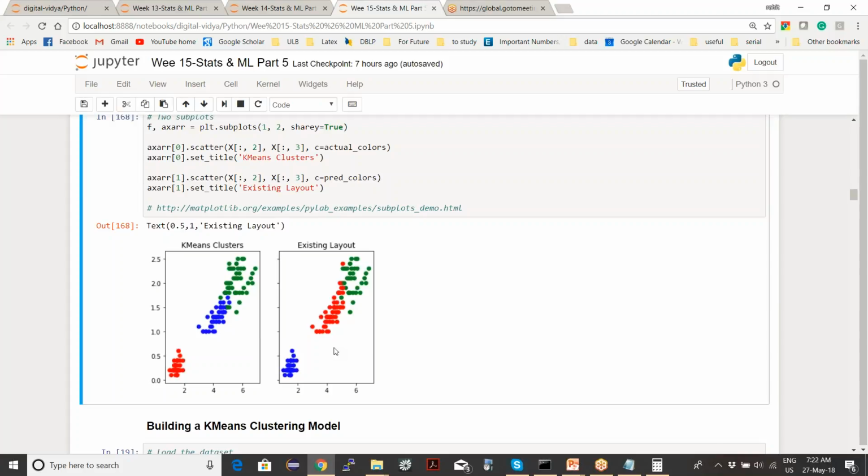Some botanist gave this data. If this is the sepal length and sepal width, this is the species. If this is the sepal length and sepal width, this is the species. So there is one species of the kind of red which has this sepal length and sepal width. But still it's in group 2. So this is your existing grouping of the iris dataset. So we already had this data.